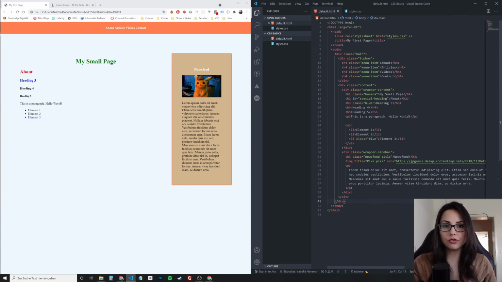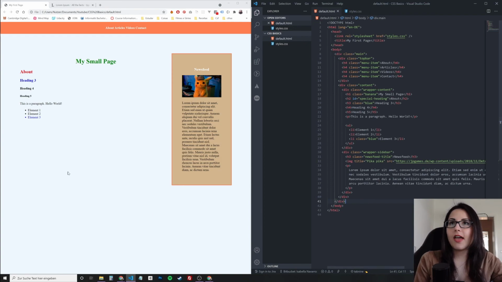What I'm going to do to help you guys is also to leave down below in the description the documentation where you can check out further properties for the CSS to help you with styling. And yeah, so the challenge is you guys have to create a new section here below my small